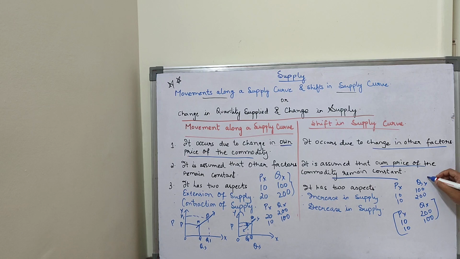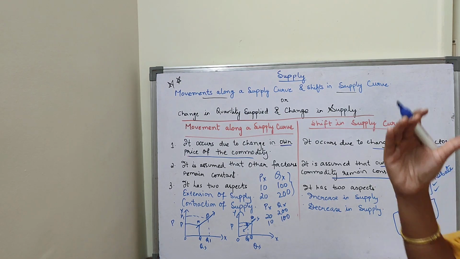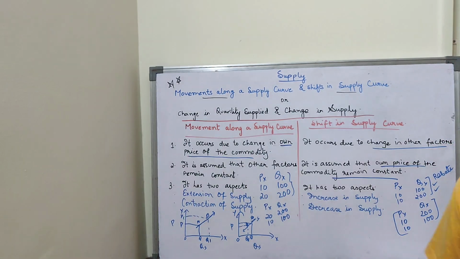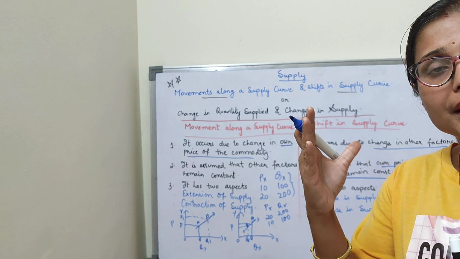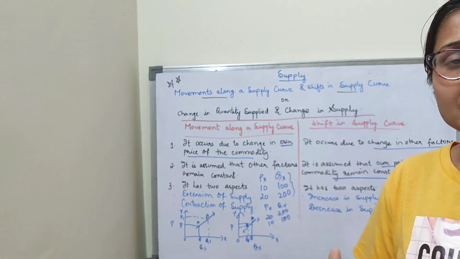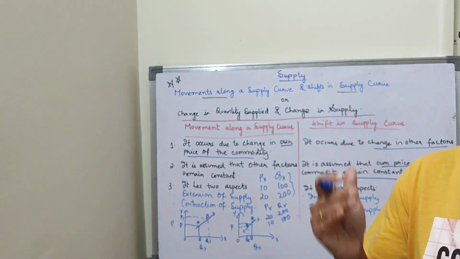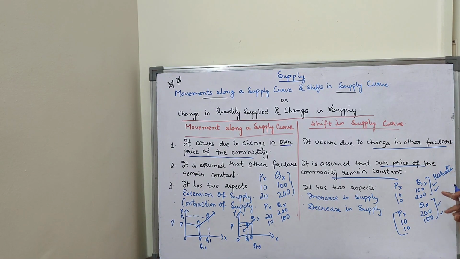Now here I can take the example of the taxation policy, that is, rebate. That means the government has given the rebate. For that reason my supply increases, cost of production reduces, so my supply increases. Here the government has put the tax. Now when the government has put the tax, that means cost of production is high. So when cost of production increases, profit falls, and when profit falls, supply also falls. So this is the reason. I can take many other factors, but here I have taken the taxation policy, so that you can understand in a much better way.